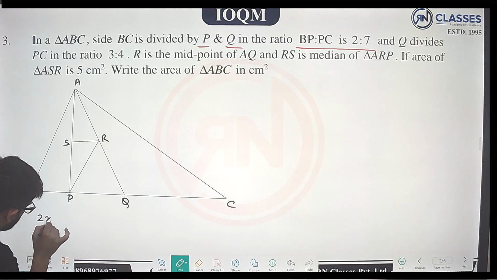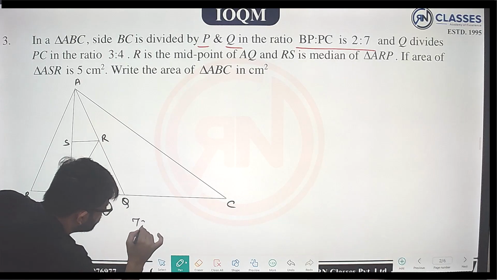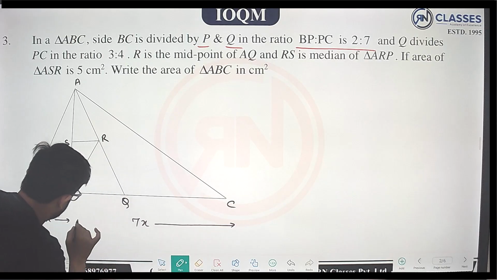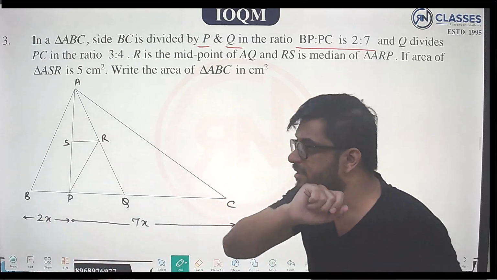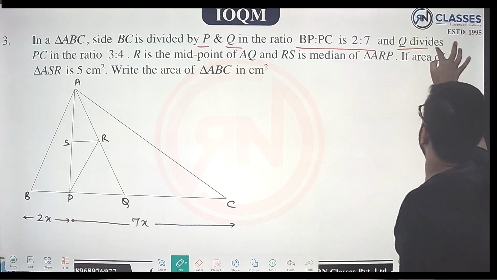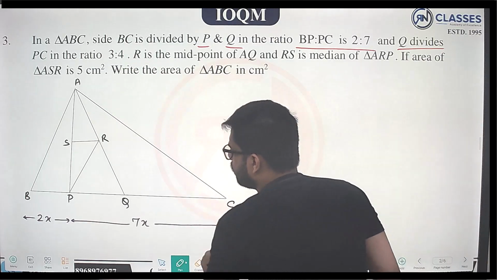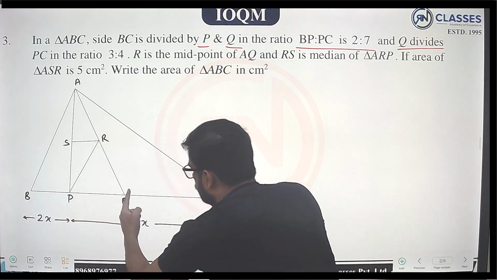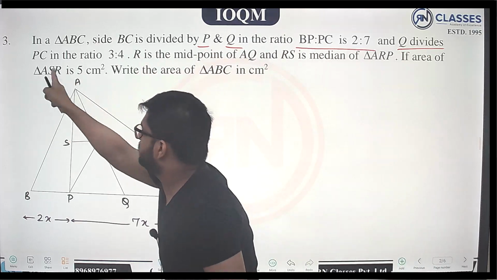2:7 में, मतलब कि मैं इसको 2x ले सकता हूं और इस पूरे को 7x ले सकता हूं, राइट। BP:PC का रेशियो मतलब यही होता है। और गुड है यहां तक। अब इसके बाद आगे चलते हैं। उसने बोला Q divides PC in the ratio 3:4, मतलब कि अब PQ:QC सेम ऑर्डर में,